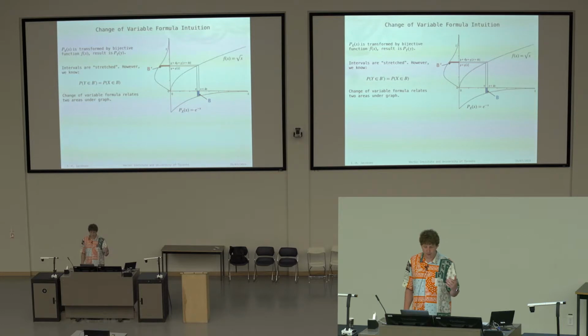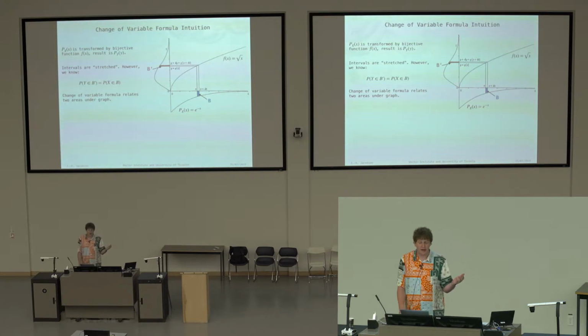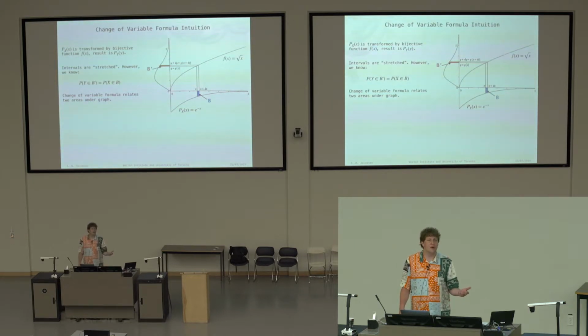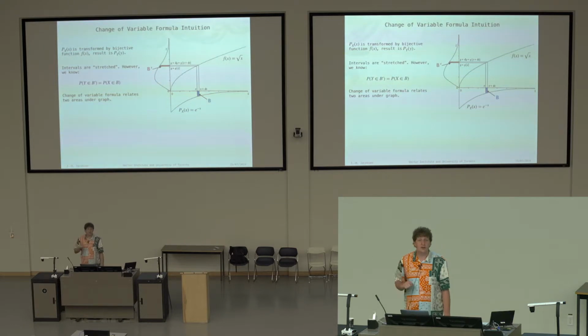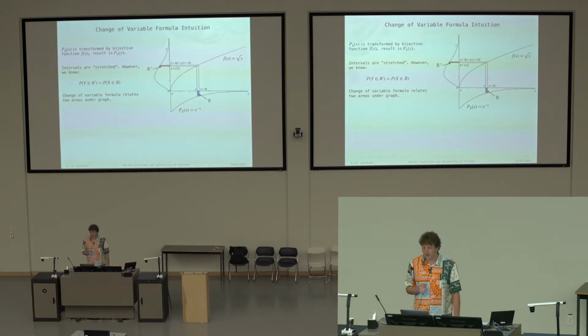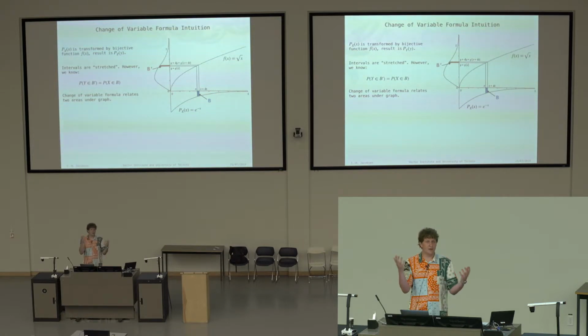So we have some P of X that is transformed by some bijective function f of X, and this results in some probability density distribution P of Y, which we don't really have access to. We don't know the functional form of that. Here you see on the x-axis, mirrored, an exponential distribution, e to the power of minus x. We map this through square root of x, and then we get a new density essentially. Under this transformation, the intervals are stretched.